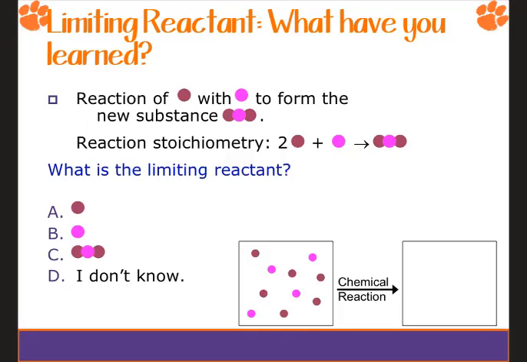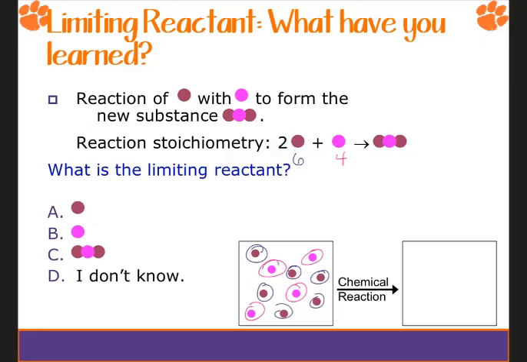All right, so again, we've got to count. With the dark purple, we have 1, 2, 3, 4, 5, 6. We've got 6 of those. With the pink, we have 1, 2, 3, 4 of those. All right. So before you answer it just like the first one, bear in mind here that we have a